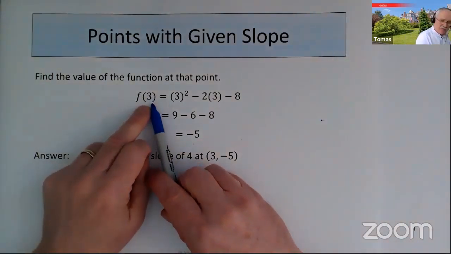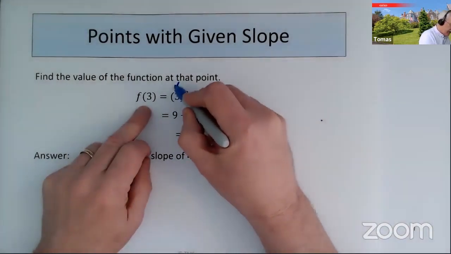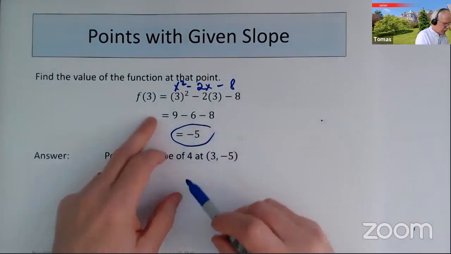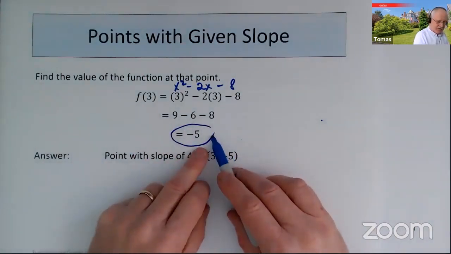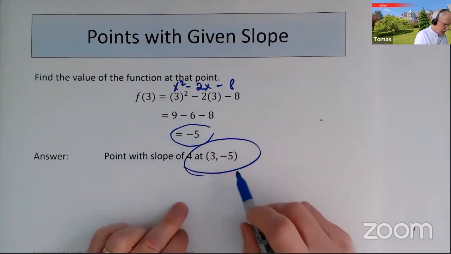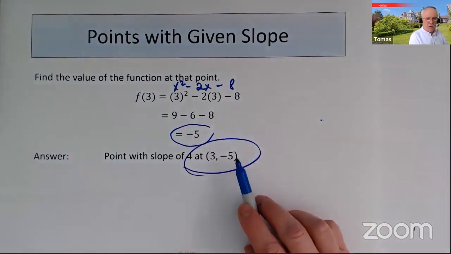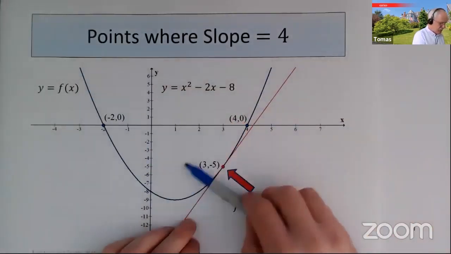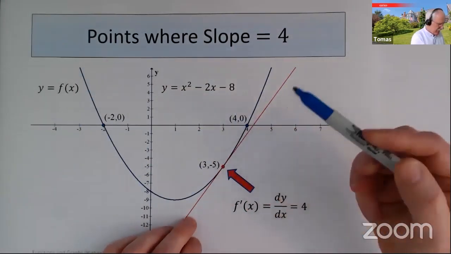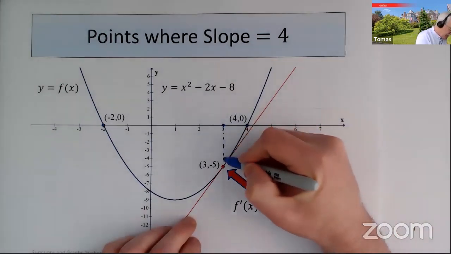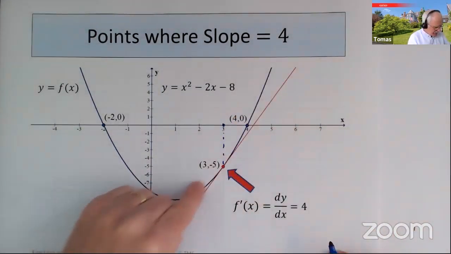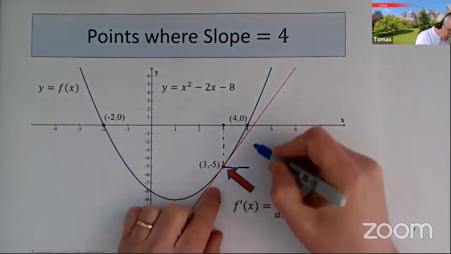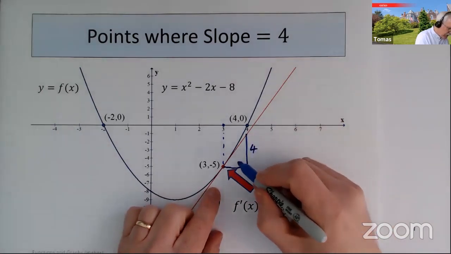To get the point, I have to put 3 into the equation again of x squared minus 2x minus 8. And I find that when x is 3, y is minus 5. So the point (3, -5) has a slope of 4. So if I look at the graph here, x squared minus 2x minus 8, at the point 3, if I go down, I'm really going uphill now. That's really quite steep. And actually, for every step out I go, I'm going up 4 units for every step